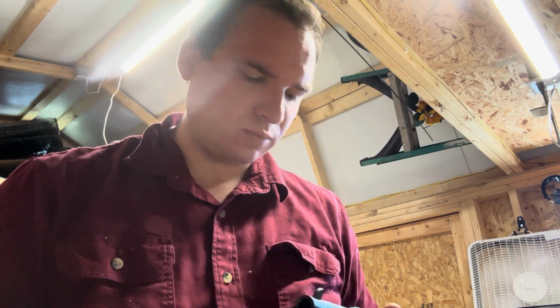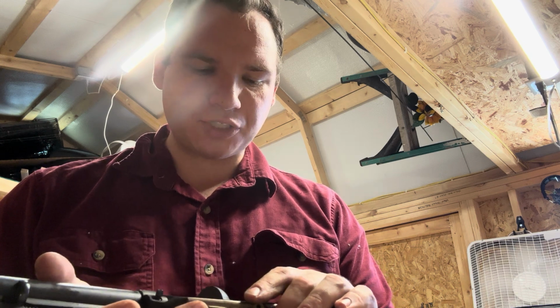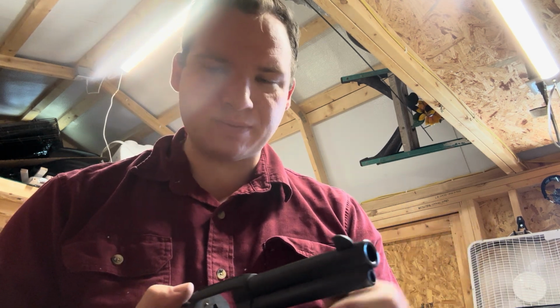Okay, so we're in the little shop. It's going to kind of show. Now, I choose to shoot black powder. I just started reloading just so I can shoot more. 45 Colt is up to sometimes over $1 a round, or even more. Sometimes you can find it less, but